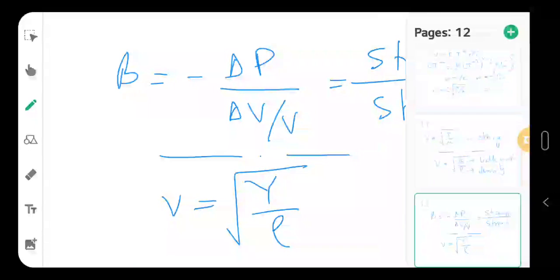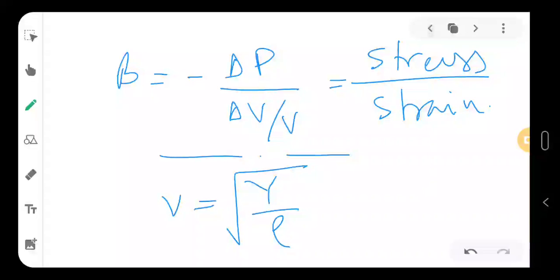Now let's talk more about this. So these all were about transverse waves, right? Now if I talk about longitudinal waves and the speed of sound, then we have two different theories here. One is the Newtonian and the other is the Laplace. Newton was working on it, and he said that